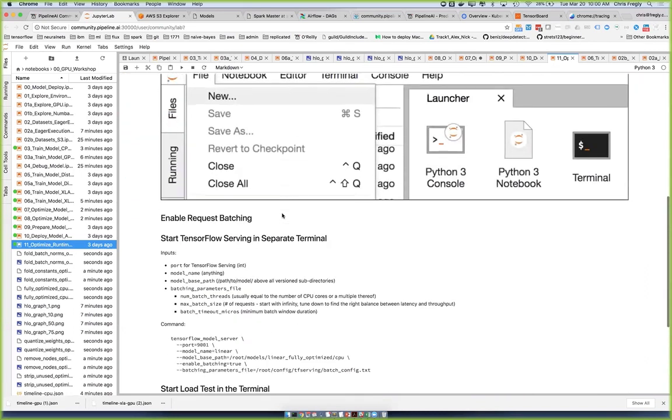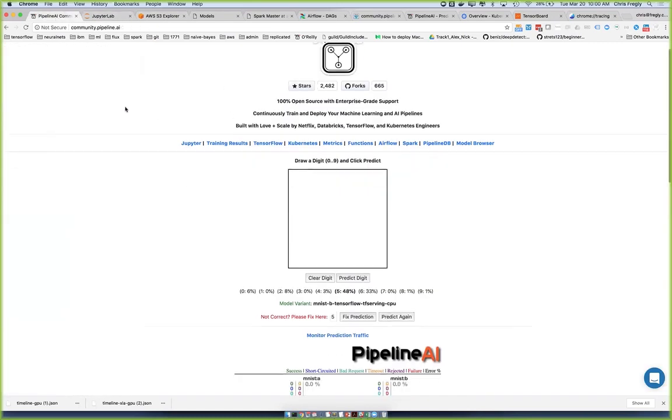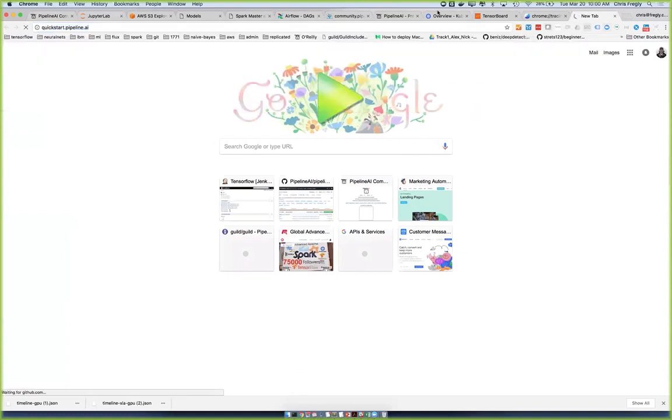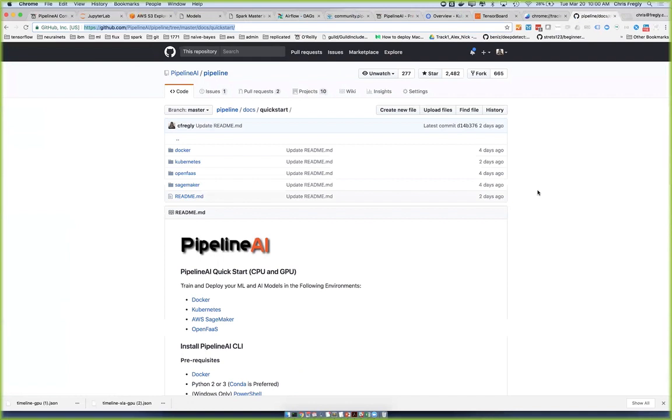Here we're preparing the model for serving, then we actually deploy it. And we're using TensorFlow serving here. So yeah, this is more on the workshop side. If you do want more info about pipeline and how to actually package up and deploy your models and hyperparameter tuning and all that, you can go to quickstart.pipeline.ai. Let me post that in here. Quickstart.pipeline.ai to follow to train, package, and deploy your models using PipelineAI